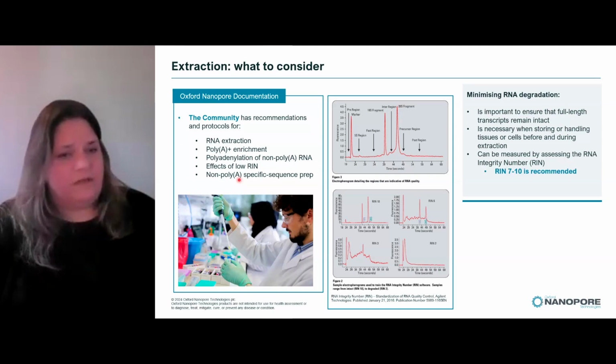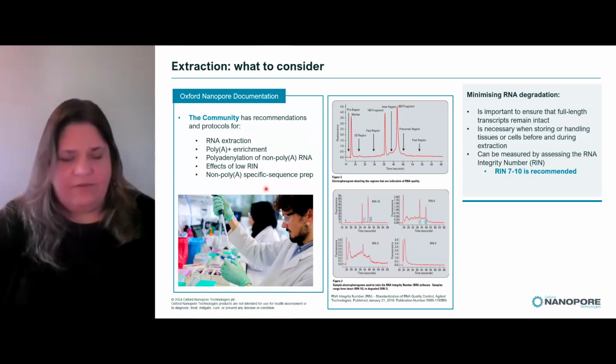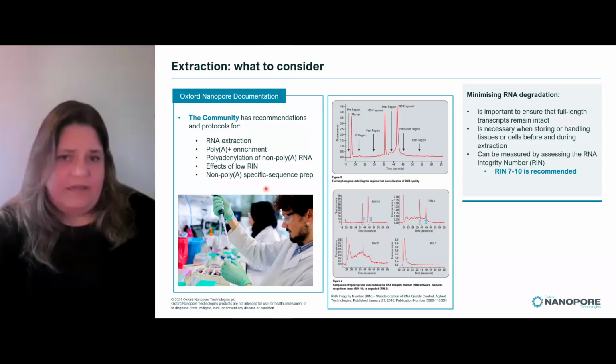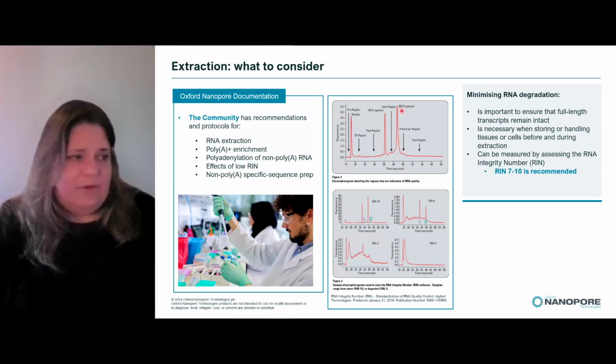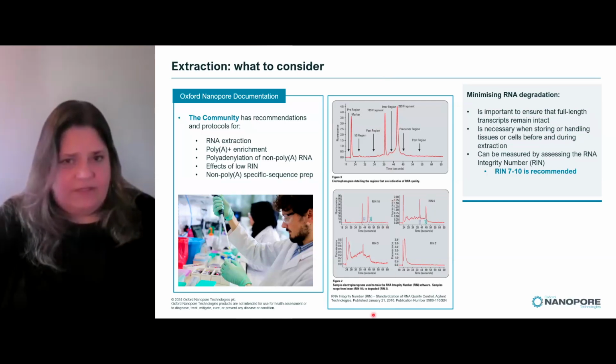The other thing that you want to consider if you're doing RNA work is the effects of low RIN. RIN is RNA integrity number. This is a methodology where you're comparing ribosomal RNAs, both 28S and 18S, the large subunit and small subunit fragments. You can look at the percentage of how much your sample is degraded by looking at the degradation of these two very highly abundant large transcripts. This is something that Agilent has put out, and there are some papers on this. We measure these on the Bioanalyzer,